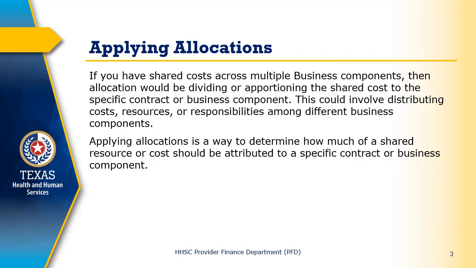When multiple business units incur shared costs, it is necessary to proportion these expenses to the corresponding contracts or components that generated them. This process involves dividing shared costs among business components, which may include costs, resources, or responsibilities pertinent to those components. Ultimately, applying allocation techniques helps identify how much of a shared resource or cost should be attributed to each individual business component or contract. For more information, please refer to 1 TAC Section